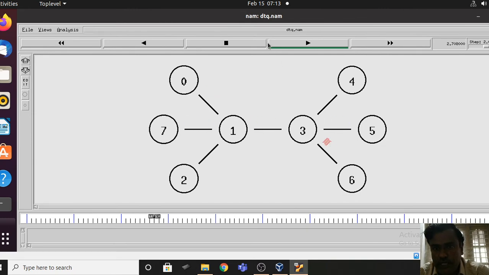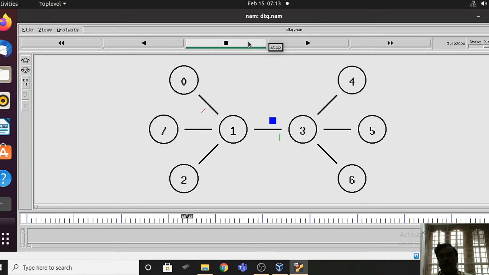So right now the time is 2.6, 2.7, 2.8, 2.9. Now that is 3.0. See, the third data transfer has also started, shown in green color, from node 2 to node 4.